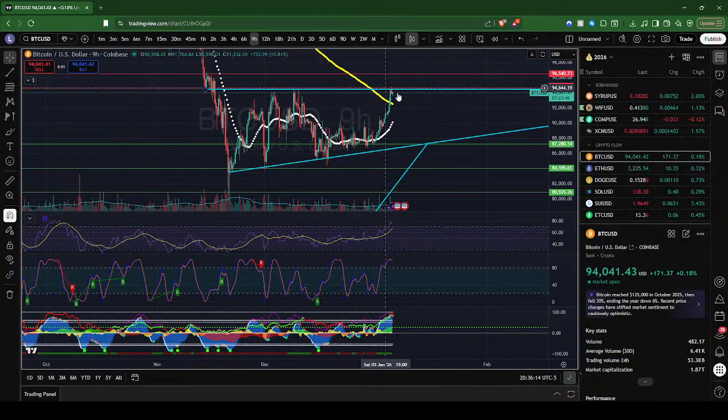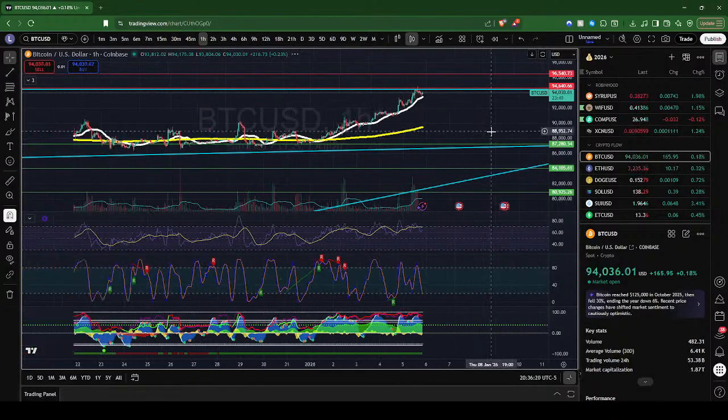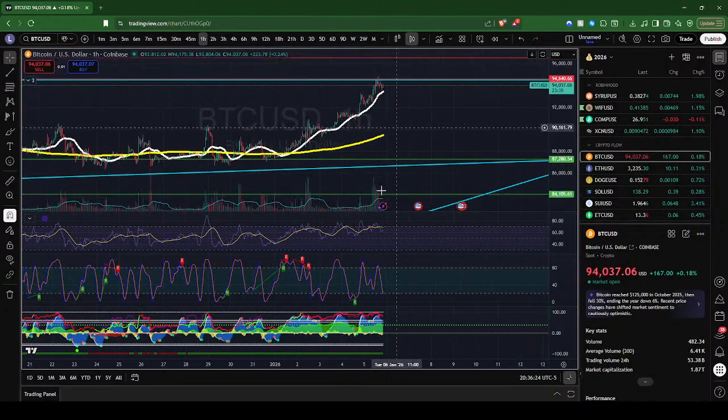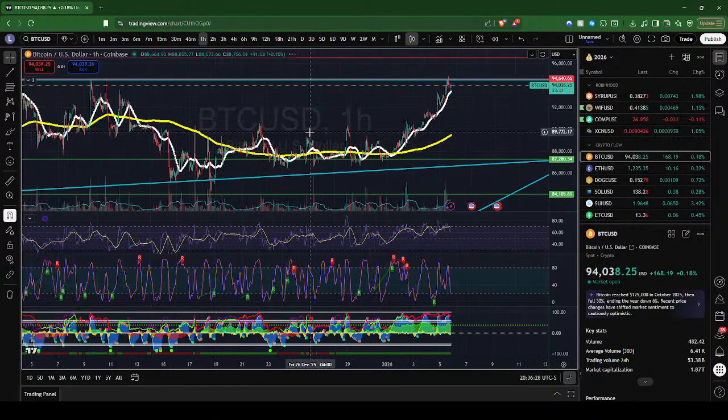We are getting that red candle there. We're getting some rejection at this point at 94,600. So let's see. We're going to look at the smaller time frames. And here on the 1-hour, you can see that we've already started to consolidate and come back out of this pattern. And one thing that I'm realizing is,